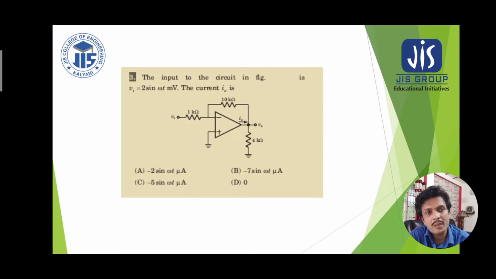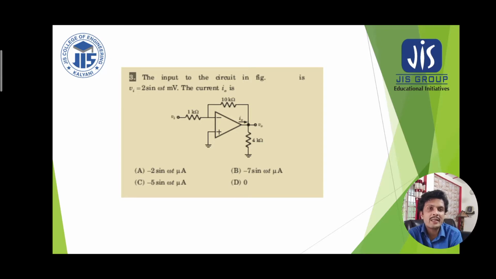This current will not be entering into the op amp, as the op amp takes a very small amount of current, which is negligible compared to the milliampere. It is the input current (Vi minus 0) by 1, that means Vi milliampere will be entering into the feedback resistor. Through the feedback resistor, if we want to calculate the current, the two terminals of the feedback resistor are at 0 volt and another at V0, that is the output voltage. So (0 minus V0) by 10 is the amount of milliampere flowing through the feedback resistor.